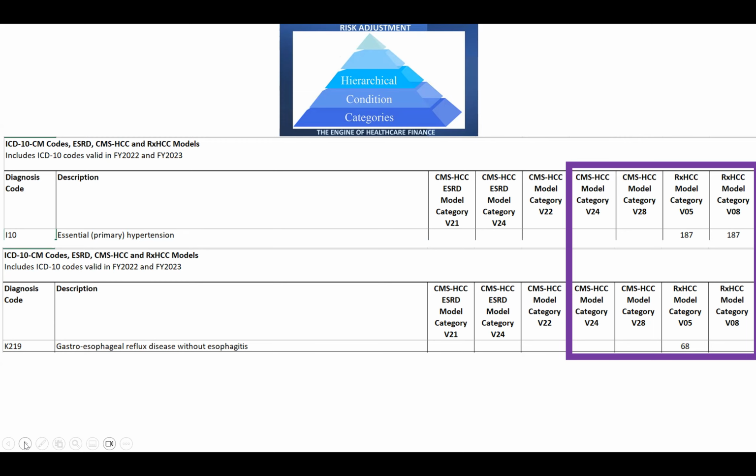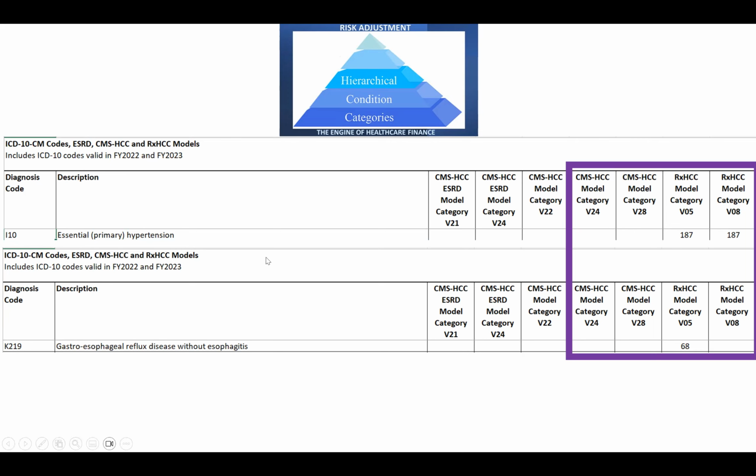These are versions, and the methodology has evolved over time and will continue to evolve. So the GERD that did risk adjust in V05 does not risk adjust in V08. Just like you have CPT changes every year, just like you have ICD-10 changes every year, the risk adjustment model also evolves and changes periodically.